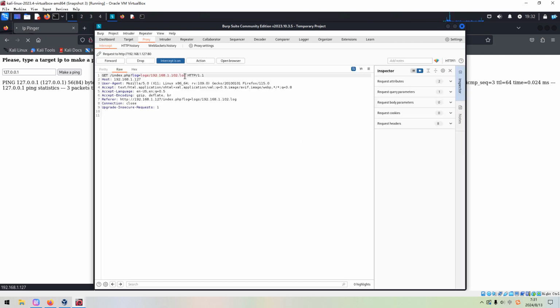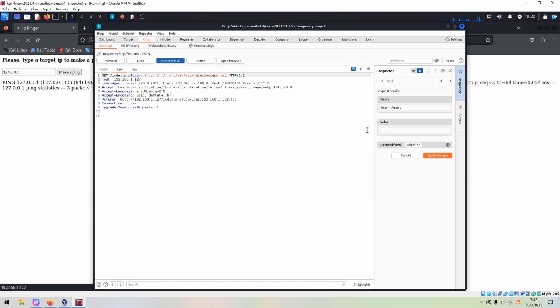And here we can remove var log injects access log, and also we can change or poison the user agent.